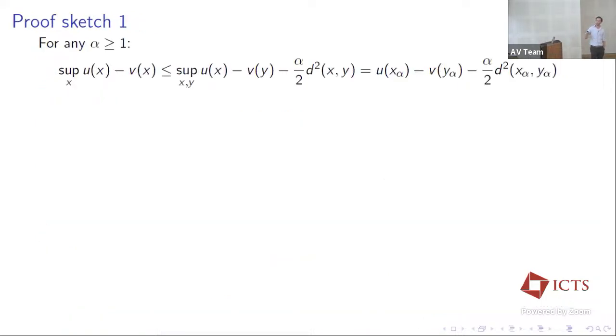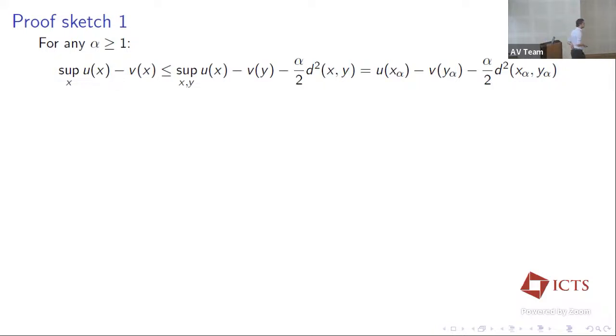So if I go here, I have nothing of that type, but I'm going to introduce a trick to be able to compare with something smooth. So I'm going to do the following. I have u in x minus v in x, but now I'm going to turn this into 2 points, x and y. But x and y need to be close, because otherwise it doesn't really make sense. So, and this is upper bounded now by u of x minus v of y minus a penalization d squared